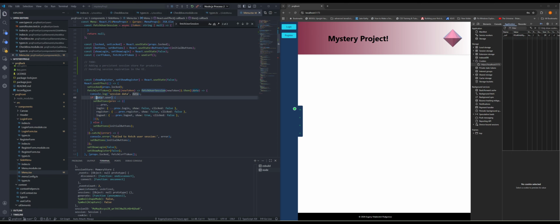If data user, if we do have user, we're going to set login button to false. We're going to set register to false, but we're going to set logout to true. So that's what's happening. But otherwise, we're going to set buttons to initial buttons,